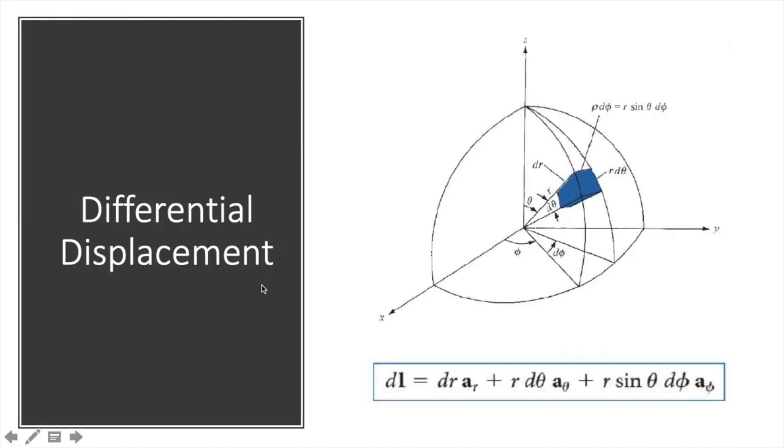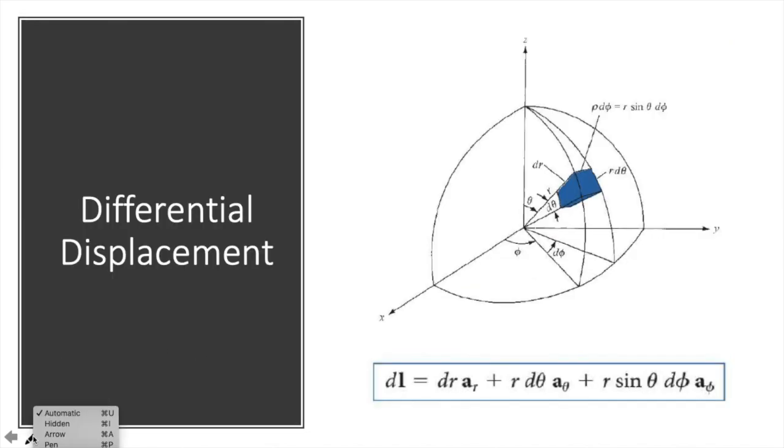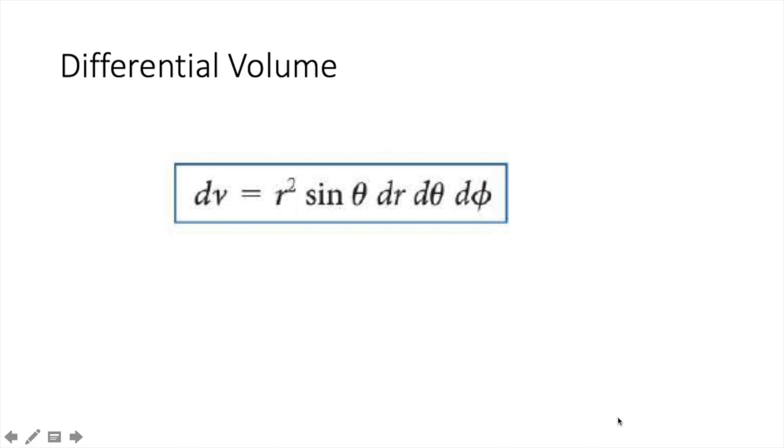We are going to write together the volume. So we can guess here that the volume is going to be equal to, if you see here, dV, which is equal to dr, r d theta, r sine theta d phi. So this is what we have written here: r square sine theta dr d theta d phi. I hope this part is clear to all of us.